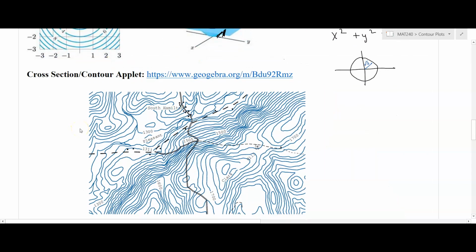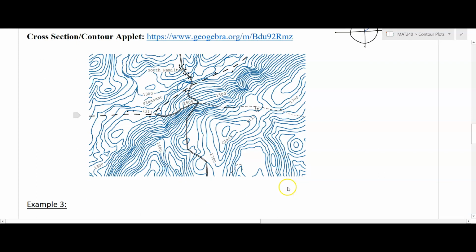Well, the idea of contours is not just unique to mathematics. In fact, when you're studying geography, you are looking at topographical maps. Now, topographical maps are used to distinguish different elevations. So this is South Hamilton, New York, and this is a topographical map, and you can see the different elevation